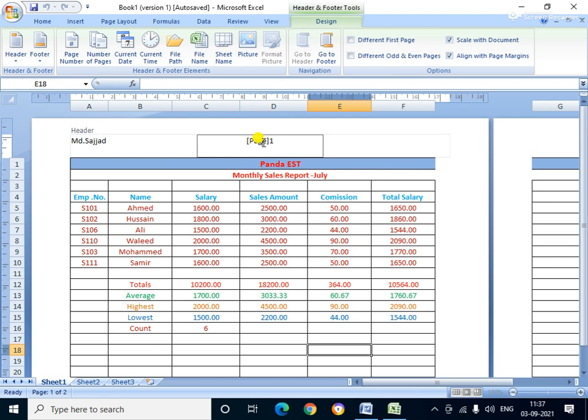Remove the extra text. This is the page number, and after this the ID is there.